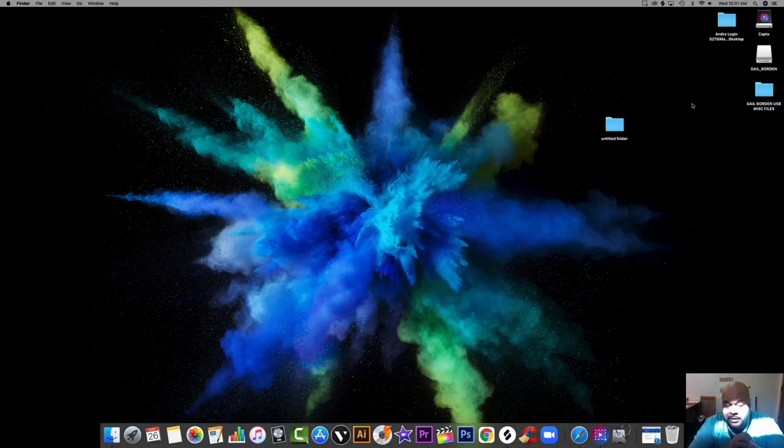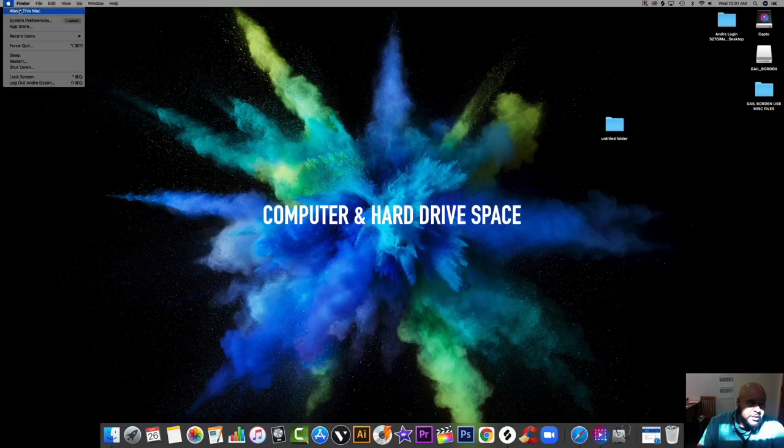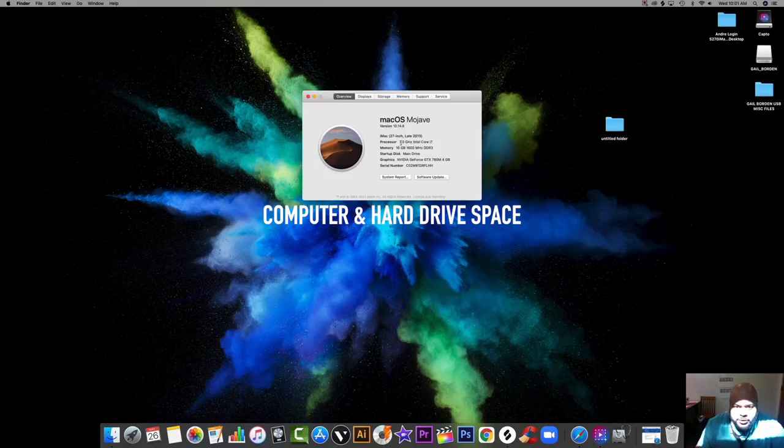If you don't have space, there's a way to check how much space there is. If you go to About This Mac, it shows you the information about whatever computer you're on, and it shows you what type of computer, what model, processor, memory, and all of that. And system report,